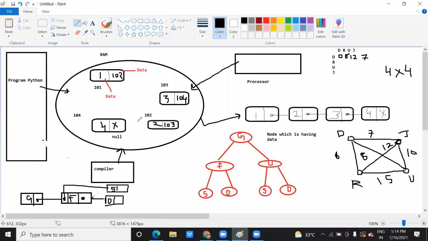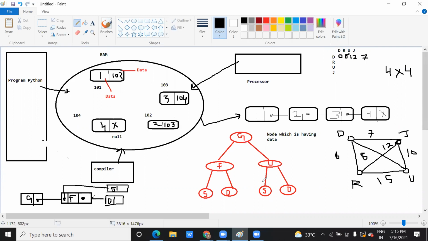Linked lists you use when you have enough memory. And graph data structures are used when you want to connect 2 points, find the distance between 2 points, or the relation between 2 points. So these are the different data structures.